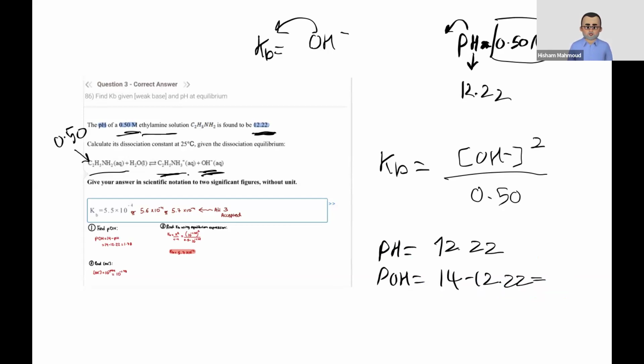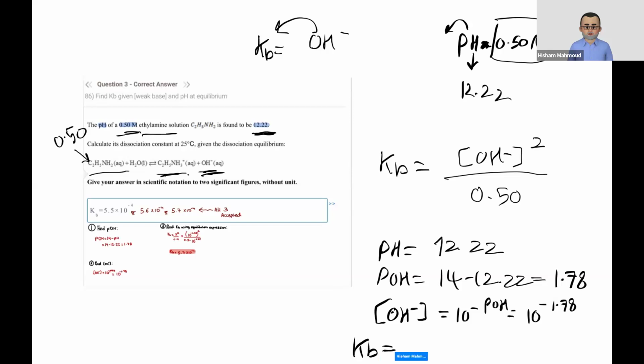Let's do it on the calculator. 1.78. If you want to have pOH and you want to find OH minus, that's equal to 10 to the power of negative pOH. That's equal to 10 to the power of negative 1.78. Now what is Kb? Kb is equal to this OH minus squared. So this value, which is 1.66 multiplied by 10 to the power of negative 2,